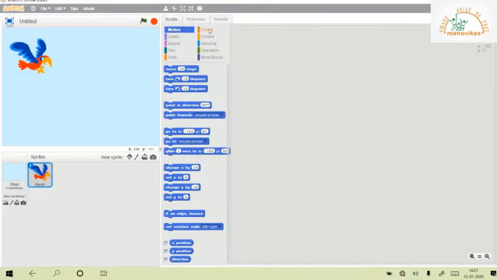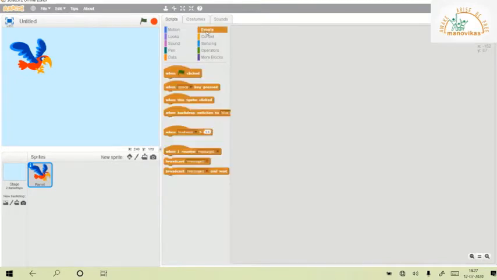Hat blocks are available in events. If you click on events, you see these are the blocks which are hat blocks. They are shaped like a hat on top, so these are the blocks which we start with at the beginning. Suppose now I want my sprite to move.